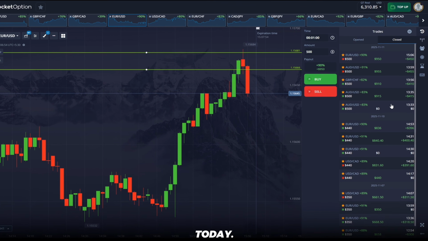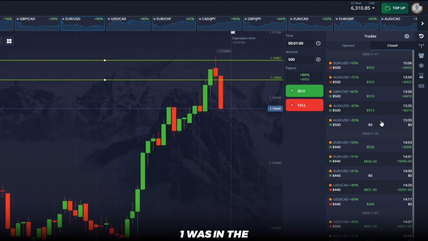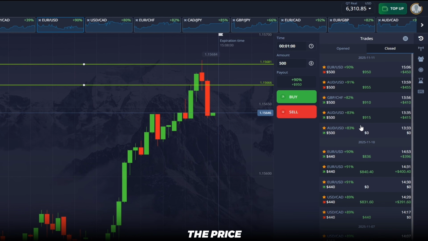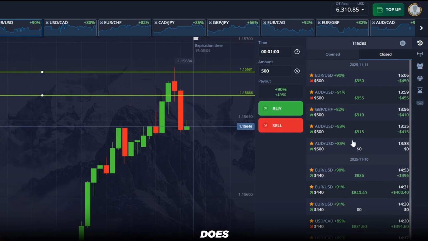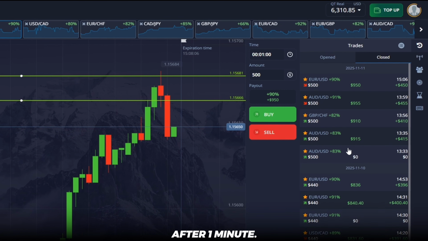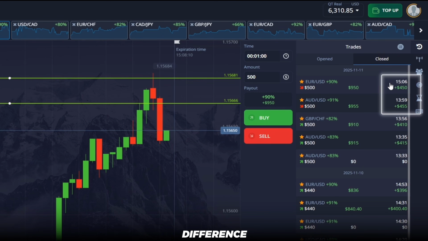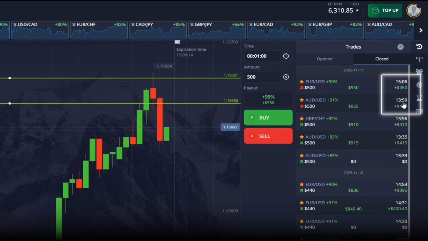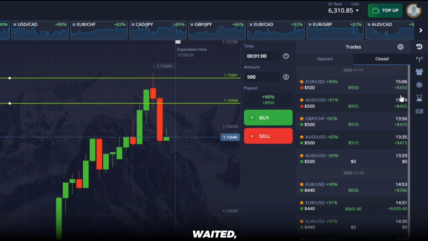Summary for today: I've taken 5 trades, 4 are in profit, 1 was in loss. It was because the price took longer to reverse. The analysis was correct and the price does reverse, but it reversed after 1 minute. The other thing that you have to notice here is the difference in the trade timing. The last trade was at this time and you can see the difference. Almost 67 minutes I waited